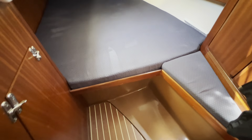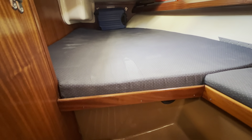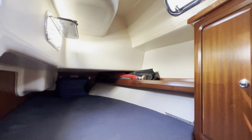So the final compartment on this boat is a port aft cabin. There we go, pretty much the same as the starboard aft cabin. I'll just drop down to my knees to give you a better view. Again, very nice wide long berth. We've got the fiddle shelf, we've got the hanging locker here, bit of a seat there, and two opening windows